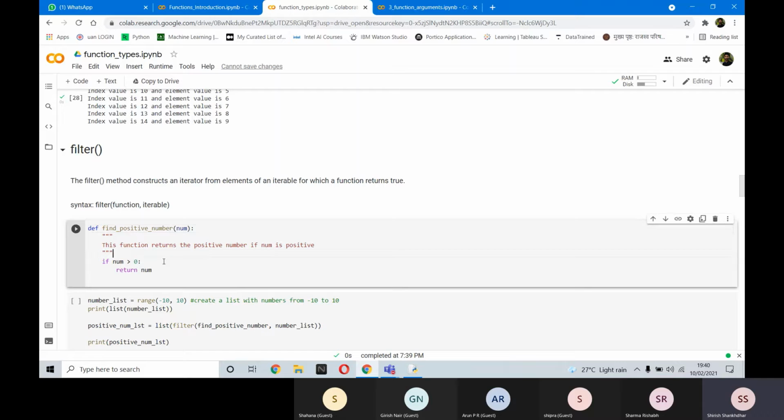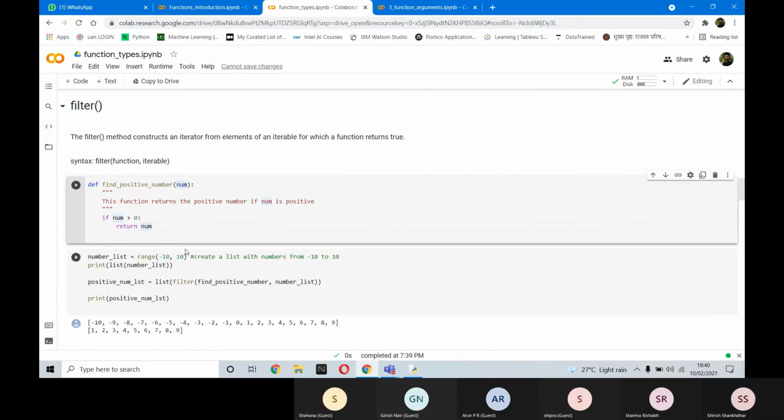What it does is, let's say I have defined a simple function here. I have to find positive numbers, and I'm providing an argument here, which is num. Provided a doc string. What I'm saying is, if number is greater than 0, return the number. That is all I'm saying here. Now, if I run this function,